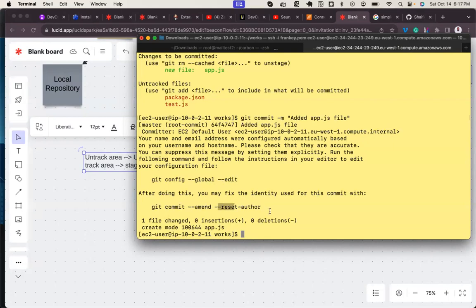--reset-author. So one beautiful thing with Git is that even when you're making a mistake, Git has the tendency to correct you. I don't know how they've done it, but the people who did this thing have done a great job.